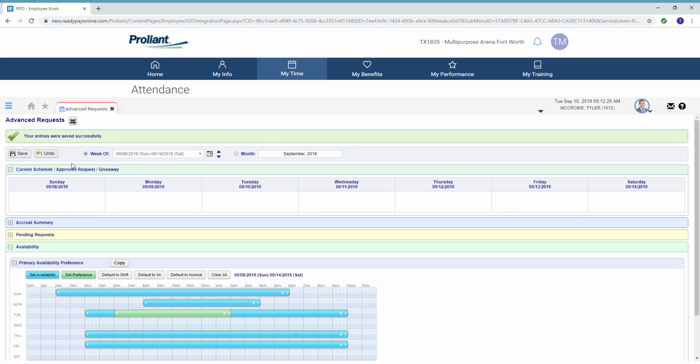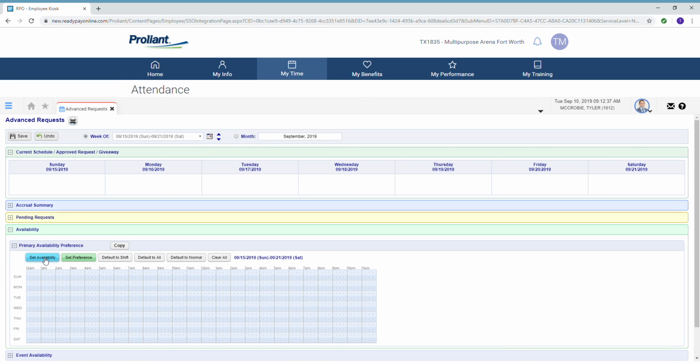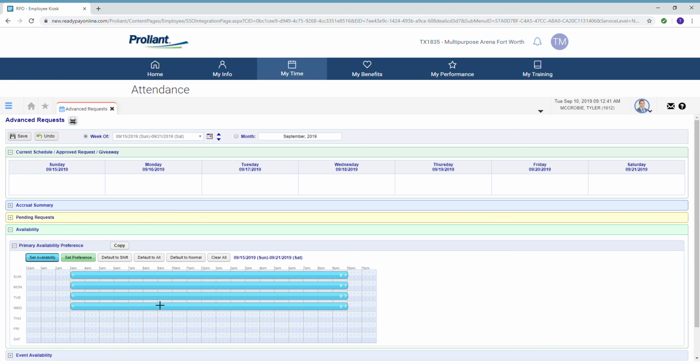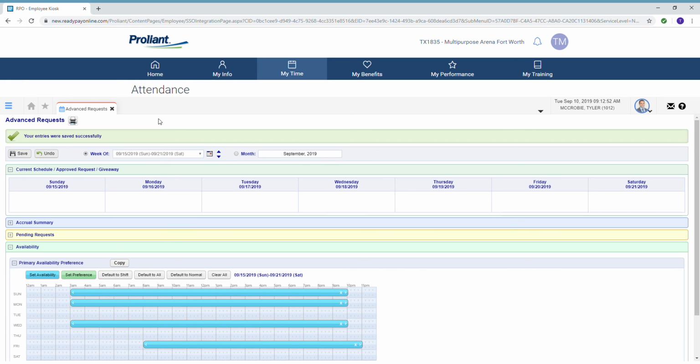So let's say if I'm completing it on a bi-weekly schedule, I've only done 1 week now. So now I'm going to have to jump up again to the next week and do the exact same thing we just did. Set availability, click, drag, let go of the mouse, and let's say this is my availability for the next week. So I hit save, and I've successfully completed availability